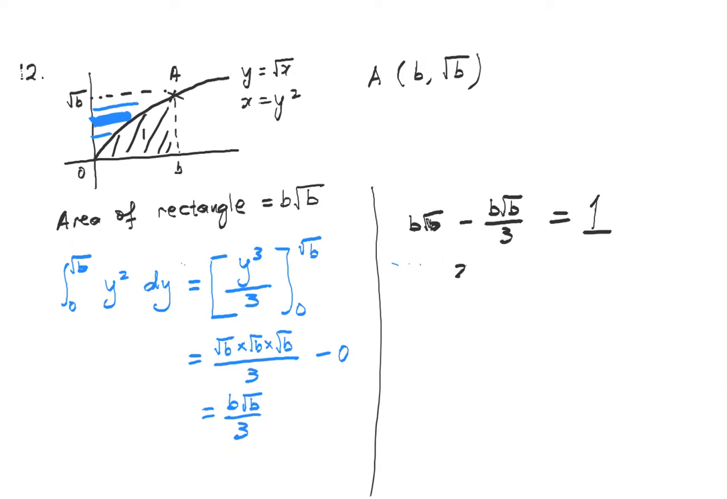2/3. 2/3 b root b equal to 1. So b root b will be equal to 3 over 2. b root b means b to the power of 3 over 2 equal to 3 over 2. So therefore, b will be equal to